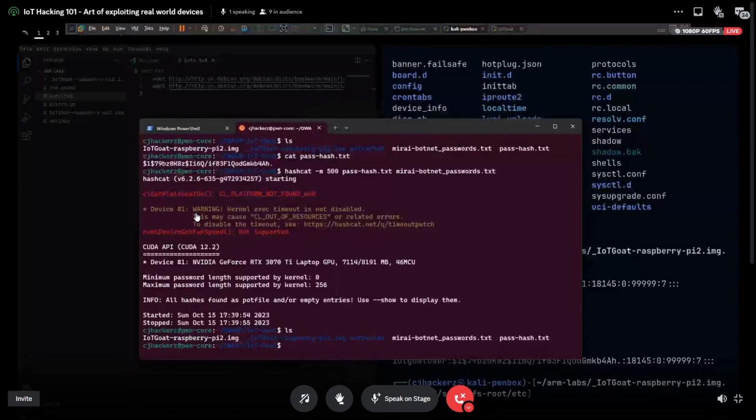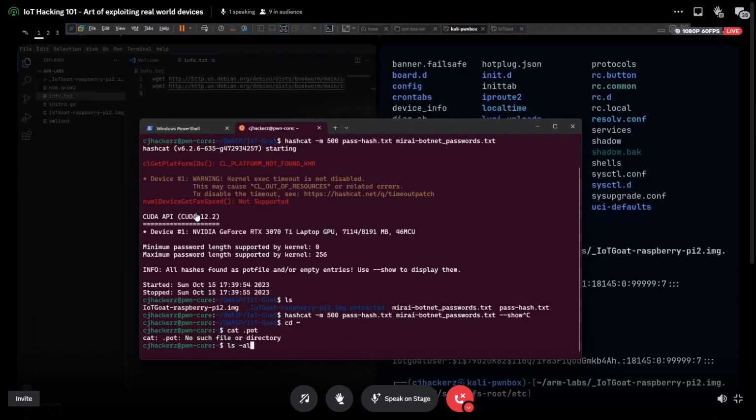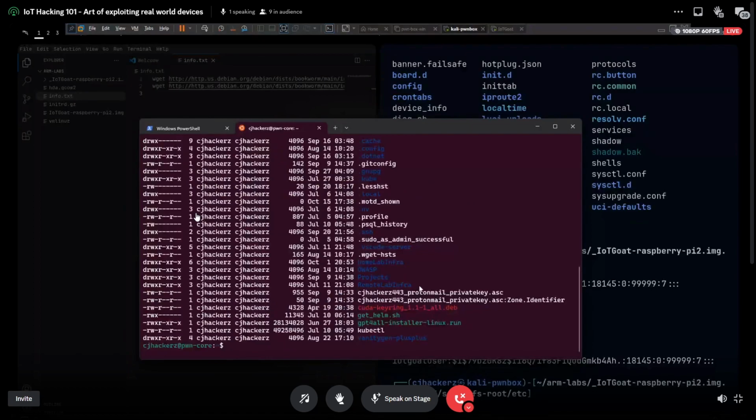You mean this? Okay, a home folder. Okay. I have nothing. Is it that fast? Strange. Nothing in that file.